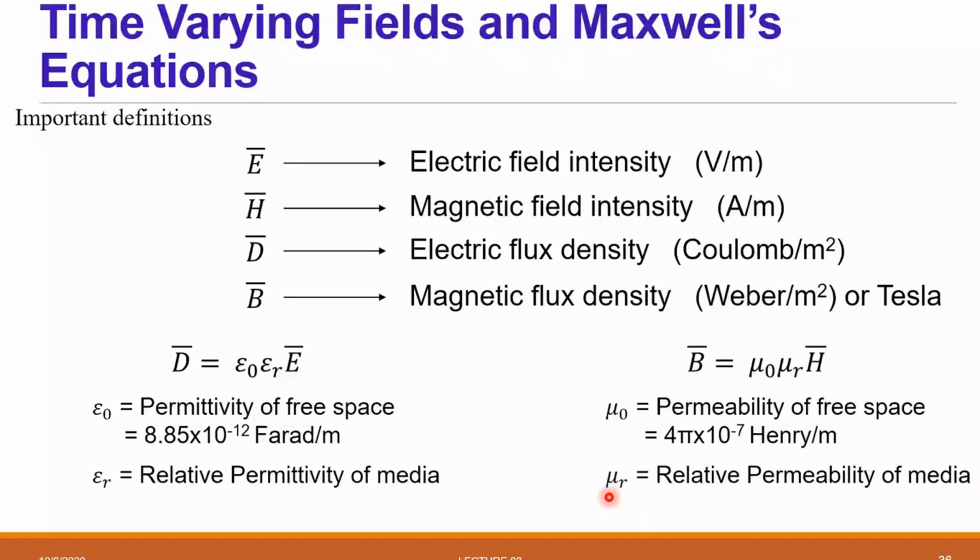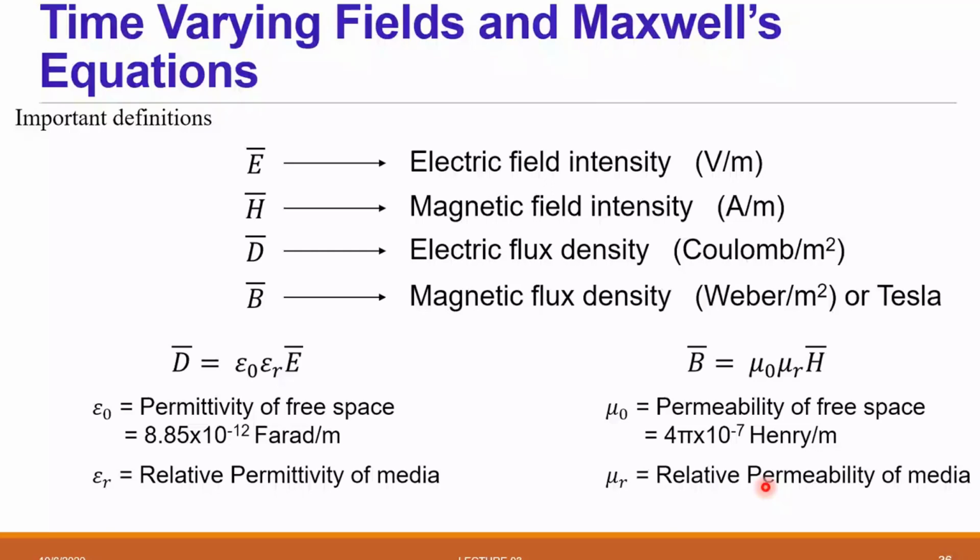If the media changes to something other than air, then according to the media, this mu r and epsilon r value will change. So with these basic notations, let us see what the changes are in time varying fields. In time varying fields,